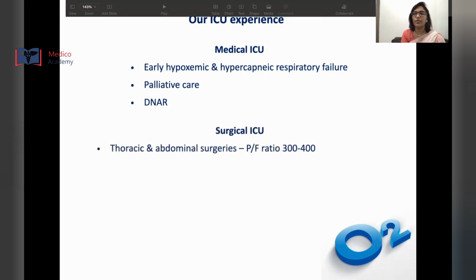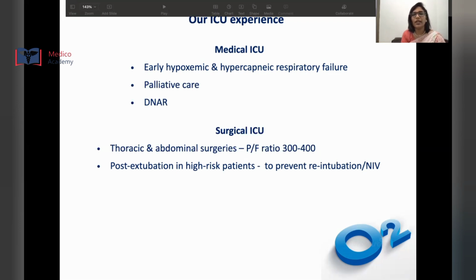In surgical ICU, it's been found to be really helpful, especially in patients who have undergone thoracic and abdominal surgeries, when there has been some thoracotomy done or lung resections done or even diaphragm resections in many extensive cancer surgeries, where you can improve the PF ratio to about 300 to 400. When the PF ratio drops to less than 400 or 300, we initiate these patients preemptively on high flow nasal oxygen therapy. And also in high-risk patients like obesity, patients with a history of heart failure, or even COPD patients,